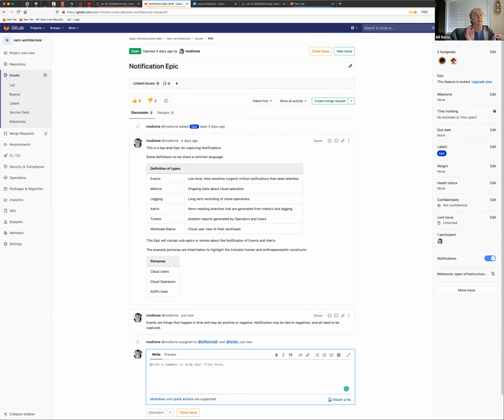So what I'm trying to figure out here is, what do we mean by notification? Because what Michael was saying about someone watching a Grafana page, that's not a notification. A notification is a delivery. A notification is something has happened.